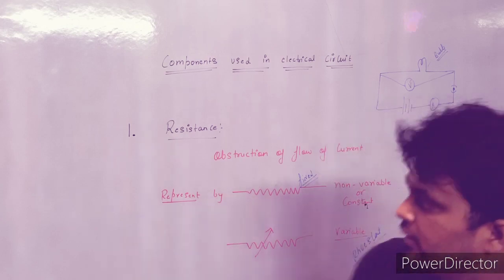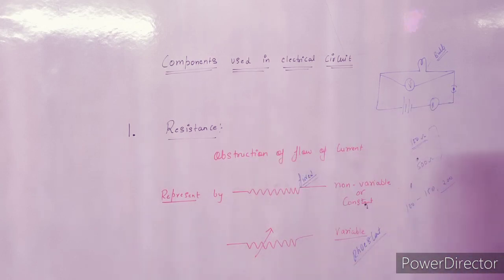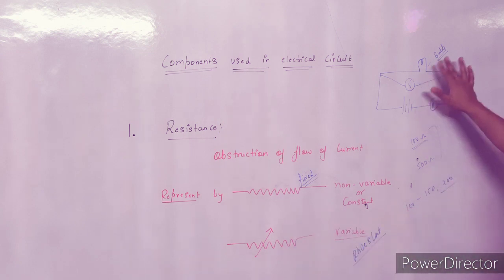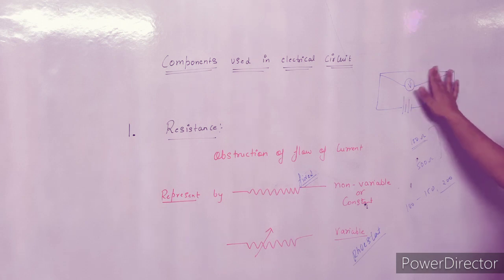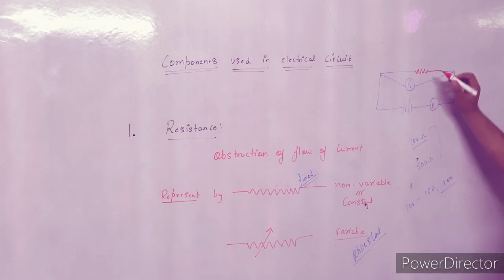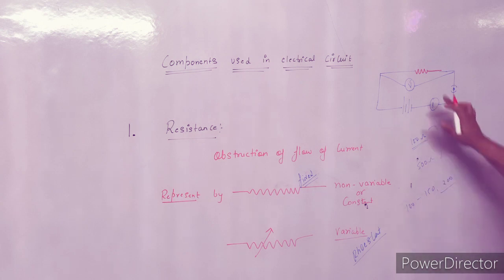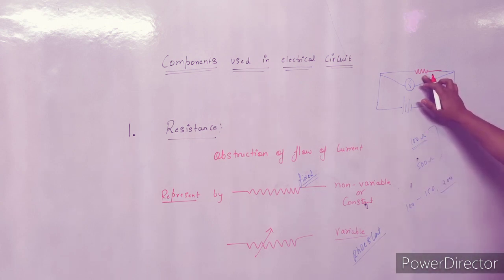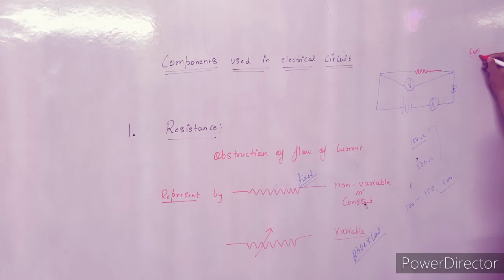Resistance is the obstruction of the flow of current, and it can be represented by this symbol. When we remove this bulb and draw it like this, the circuit is also correct. This is the resistance, not mentioning what type of resistance it is. This is a bulb, this is a resistance, whatever it is, there is a resistance here. So a fan, TV, charger, any appliance is a resistance. They just work like a resistance. They obstruct the flow of current.